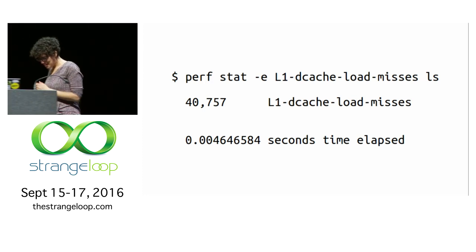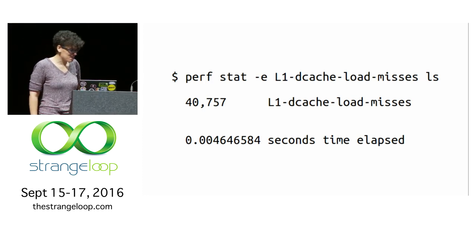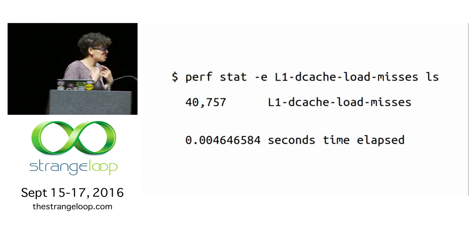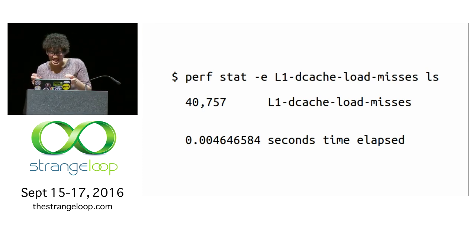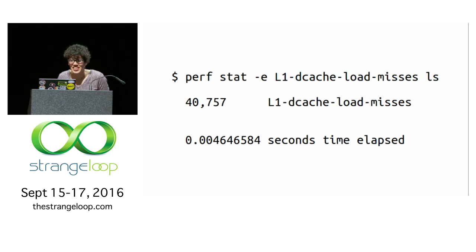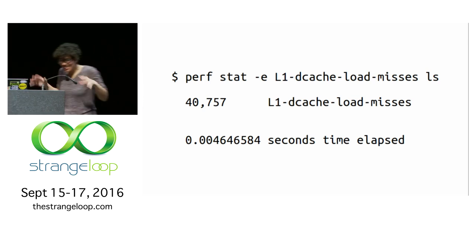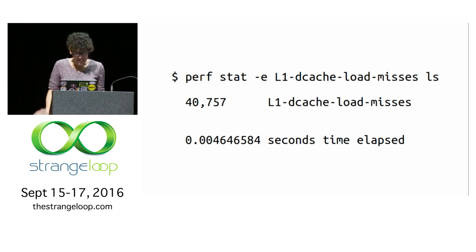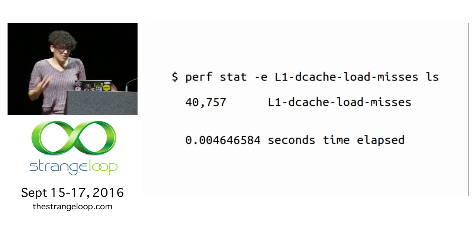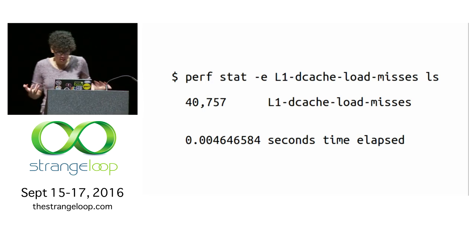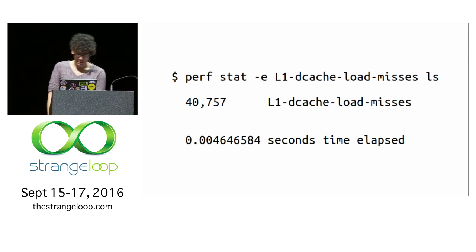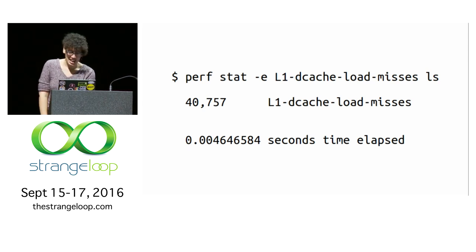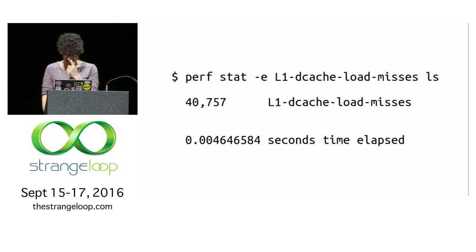And like, the reason I think this is interesting is not because this is something I use every day, but I find it really helpful to remember that like my computer is really fast and has all this really smart stuff in it. And I'm like, OK, if I ever need to know about how my L1 cache works, or like how to optimize that, that's somewhere I could go, right? And these tools are available, and this stuff is happening in my computer. And it ran in 0.004 seconds. And I'm like, OK, there's no problem. Like, I do not need to optimize this.